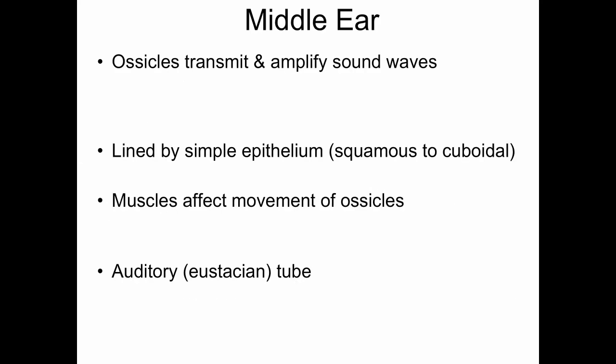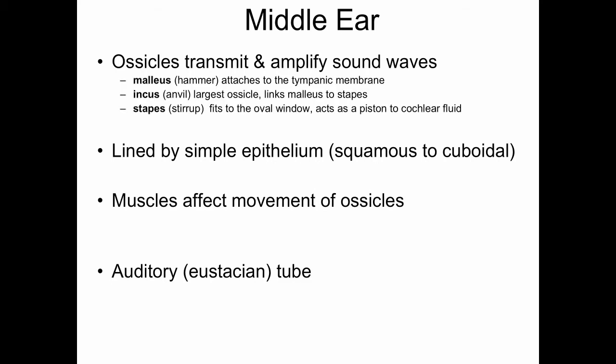The middle ear has the ossicles which transmit and amplify sound waves. There are three types. The malleus, also called the hammer, attaches to the tympanic membrane. The incus, or the anvil, is the largest ossicle. It links the malleus to the stapes. The stapes, also called the stirrup, fits to the oval window and it acts as a piston to the cochlear fluid. The middle ear is lined by a simple epithelium, which can be squamous to cuboidal, and there are muscles